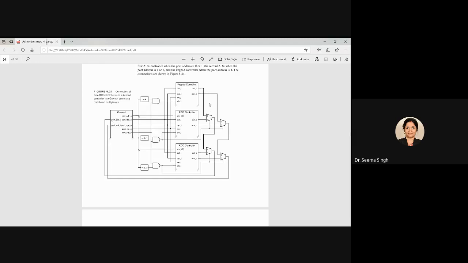So these two mux are taking care of connecting the output data of keypad controller, ADC controller 1 and ADC controller 2 to the data input of the GUMNUT processor. What about the acknowledgement part? Acknowledgement part is done in the same way with another layer of 2:1 multiplexer, doing the connection in exactly the same way for acknowledgement out, and this is going as the feedback to this acknowledgement input of the GUMNUT processor.